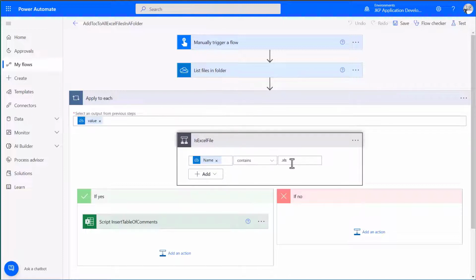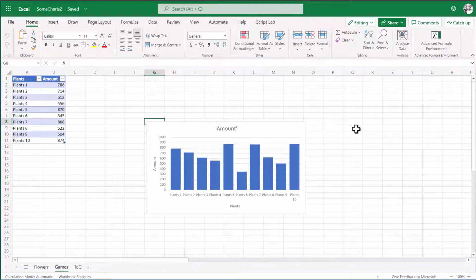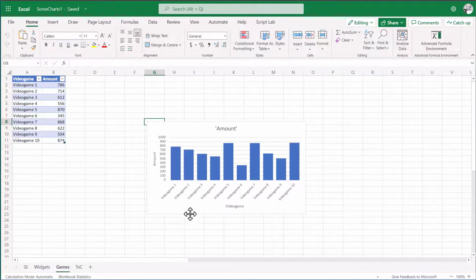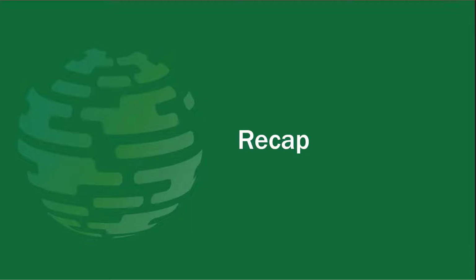It checks whether the name contains the string XLS, and then if that is the case, it will run that insert table of contents script. So that is the flow. If you trigger the flow, finally, the sum charts 2 file gains that table of content, and so did the sum charts 1 file. So that summarizes the actions that I demonstrated today and means that it's time for questions